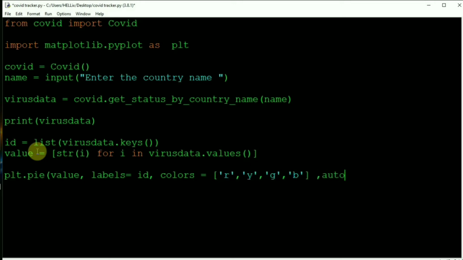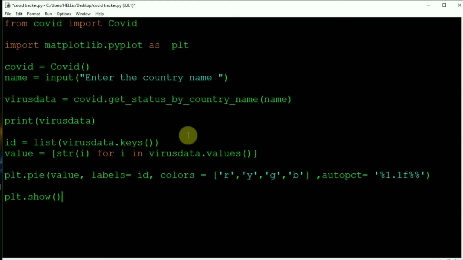And the next optional thing is, if you want to show the percentage, then you need to write autopct, which is auto percentage equals a formatted string. It's a percentage sign, then 1.1f, so that it's only one decimal after the point. Then give a percentage sign again, and this will close the string. Now we'll call plt.show. So this much is done.